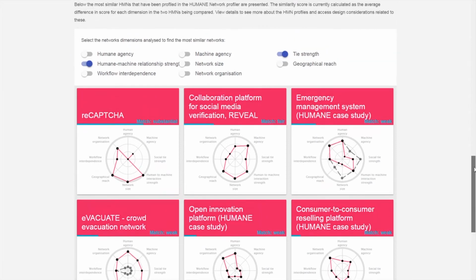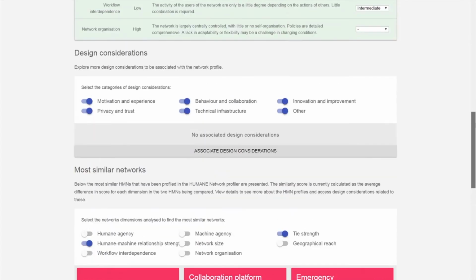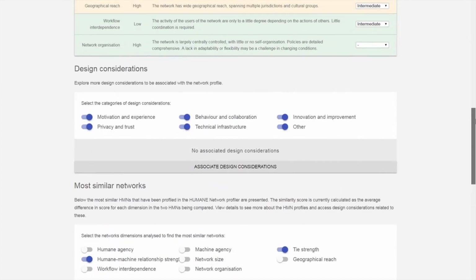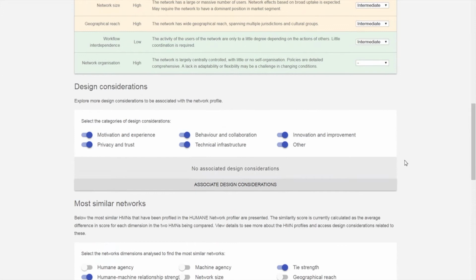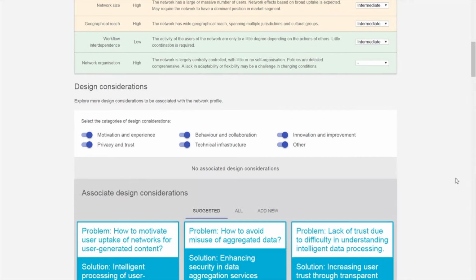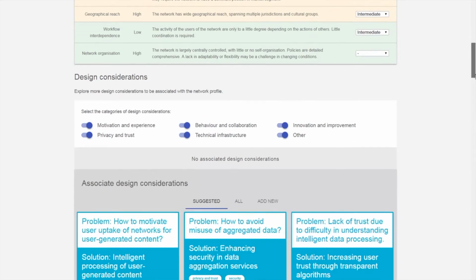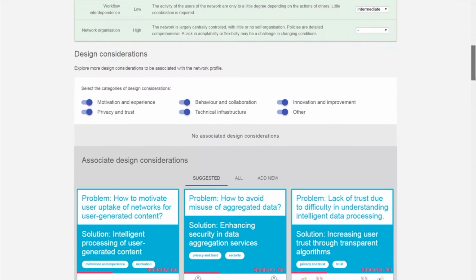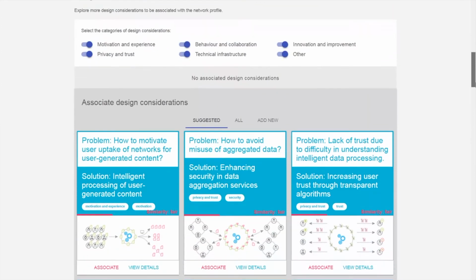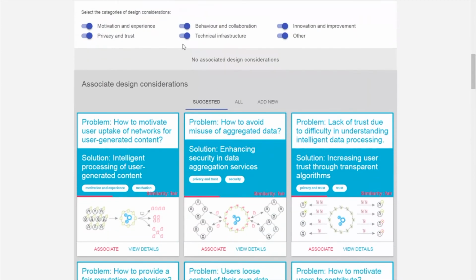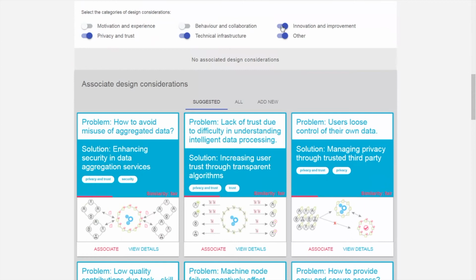These profiles are associated with design considerations which have already been entered in the online tool. Hence, on the basis of profile similarity, we can now browse design considerations that are particularly suggested for this network profile. We can, for example, look at the design considerations addressing privacy and trust. Design considerations we find particularly relevant can be associated with a network profile and then be used as a source